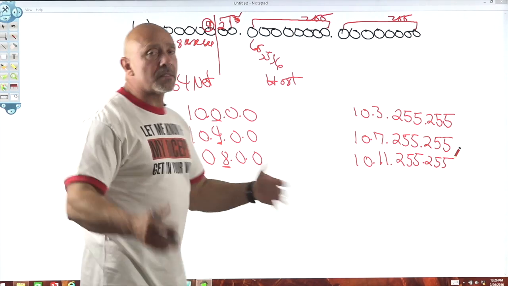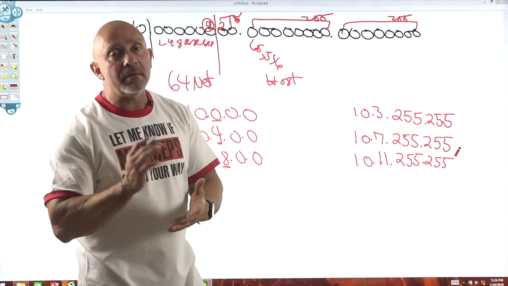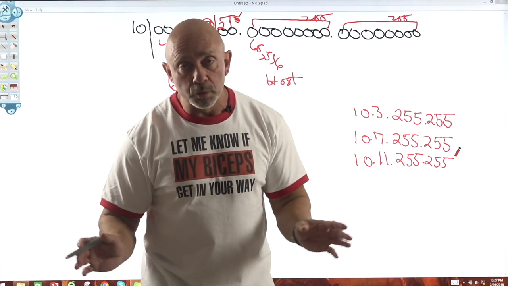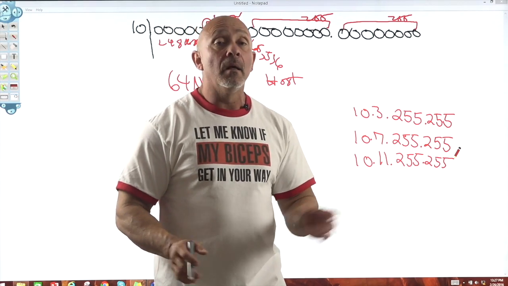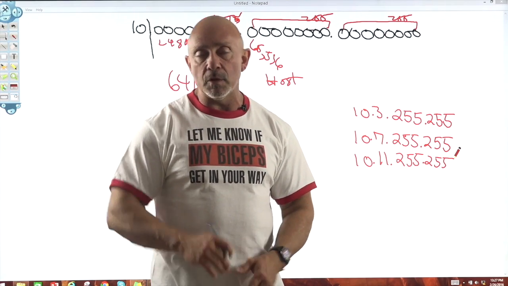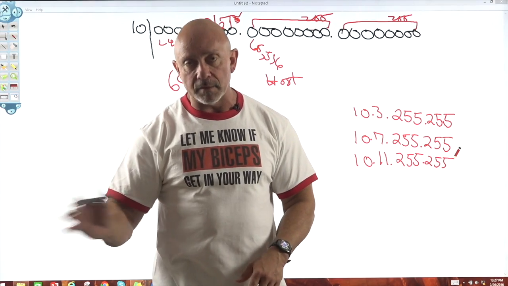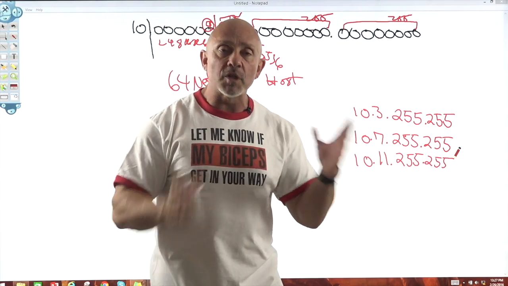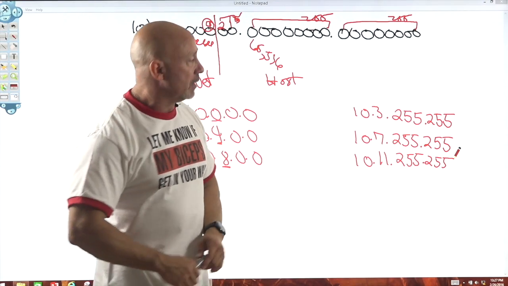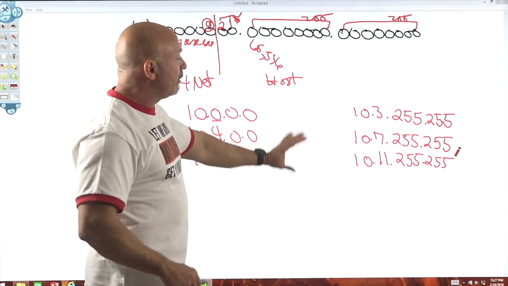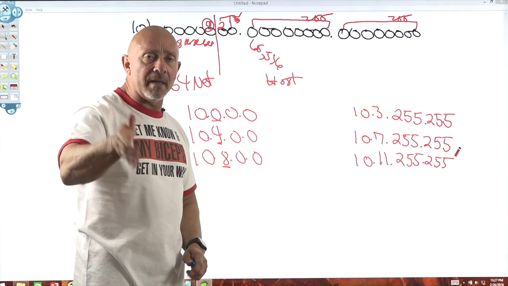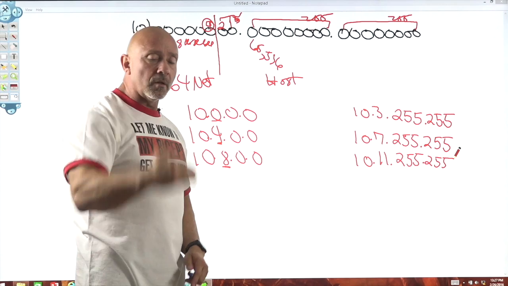This concept does not change for IP version 4. IP version 6, whole new story, okay? And you only subnet in the network ID portion of the address, okay? You don't touch the host ID, nothing. You do nothing with that. It's all on the subnet portion of the network side of the address. But for IPv4, this is it. It's the same concept. It's the line. Draw the line, find how you increment all the way down.